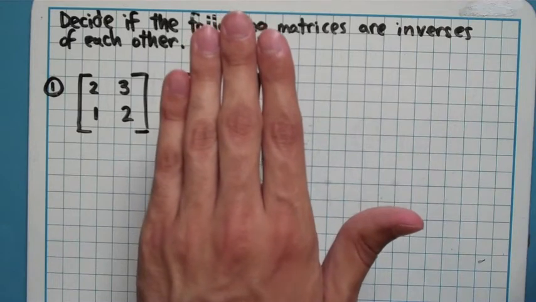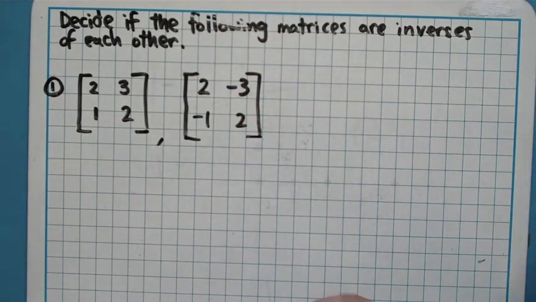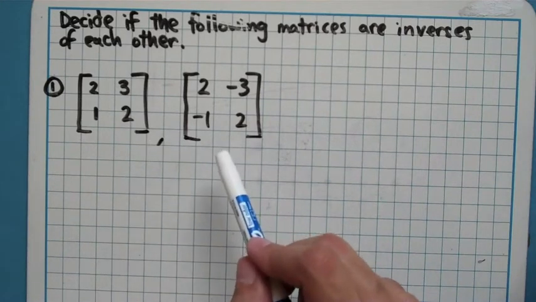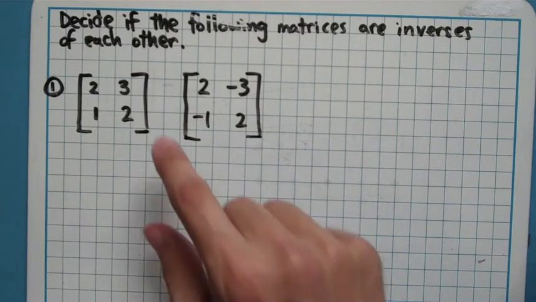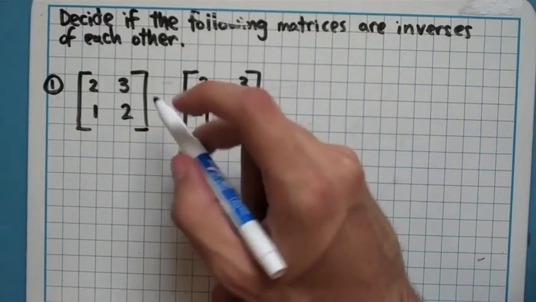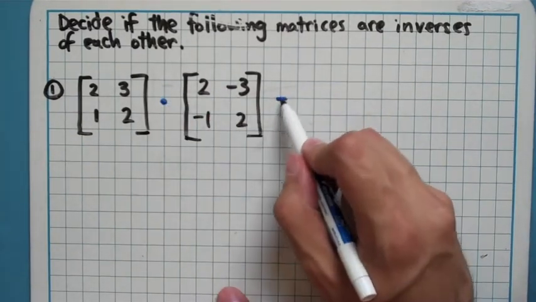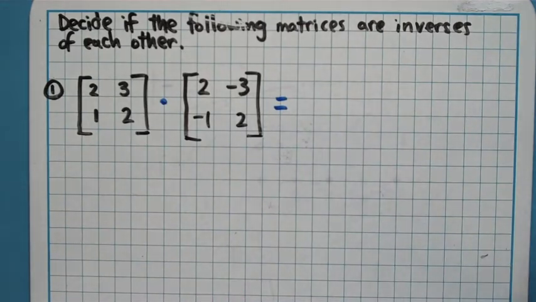But what I might ask you to do is give you two matrices and say, are those two inverses? There's a difference there in the question. To decide if they are inverses, recall from the last slide, two matrices are inverses if you multiply them and you get the identity. So all we're going to do to test if these two are inverses is multiply them together and see if we get 1, 0, 0, 1, the identity